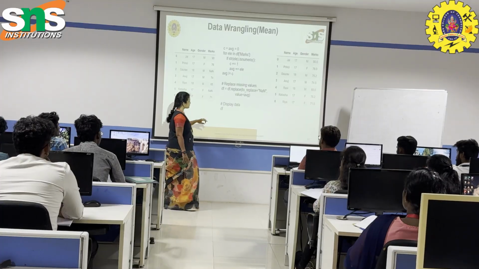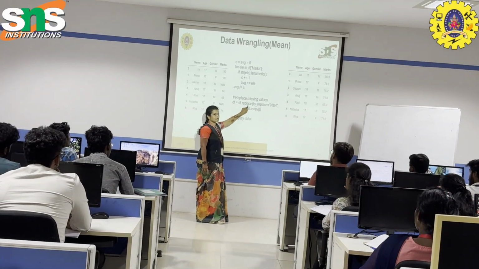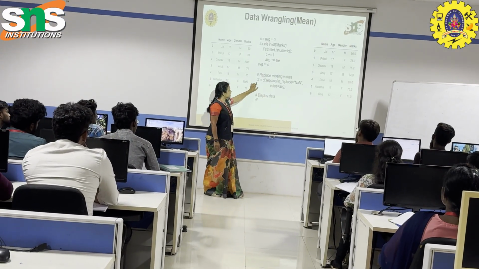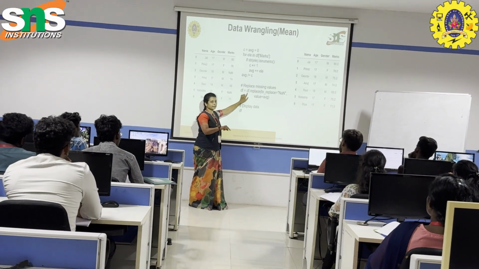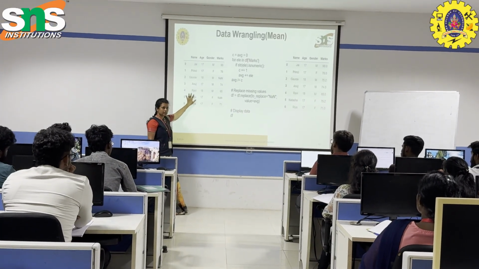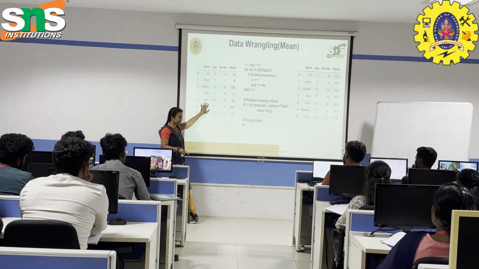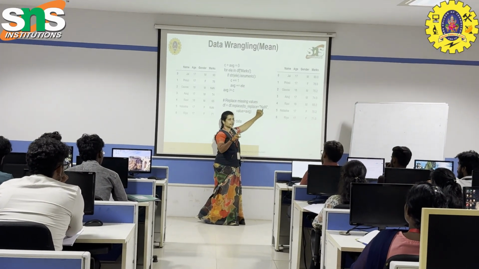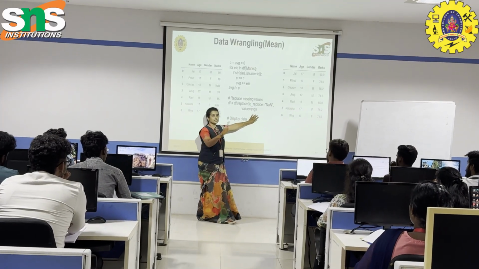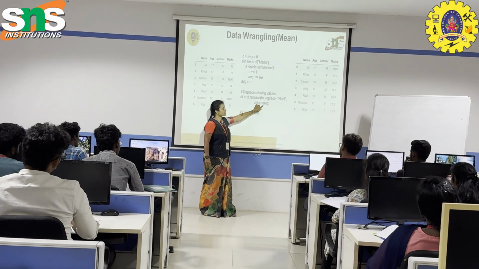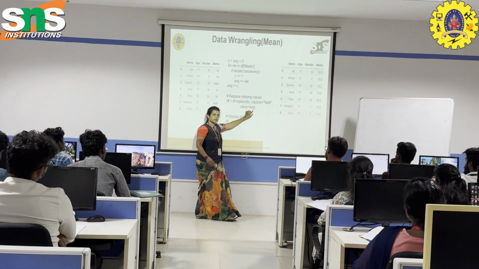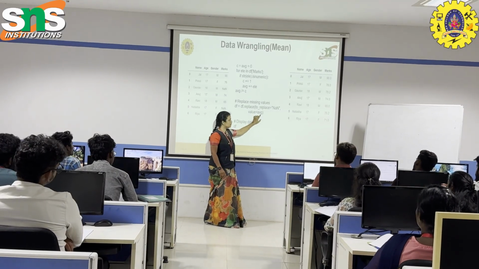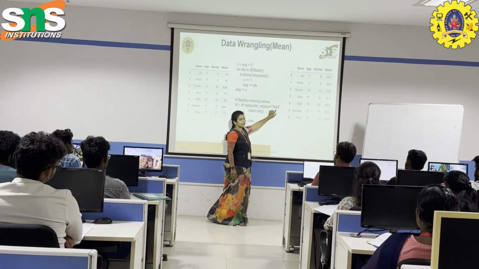Hope you understand. Now, using the replace function, I am going to replace the NaN with the mean value. See, DF is equal to, in the data frame, which one is the data frame here? This table. In this table, I am going to replace NaN with what value? The one stored in average. So value is equal to AVG. The current value for AVG is 75.2. That value is assigned to NaN.